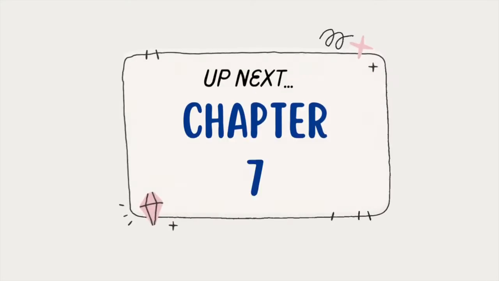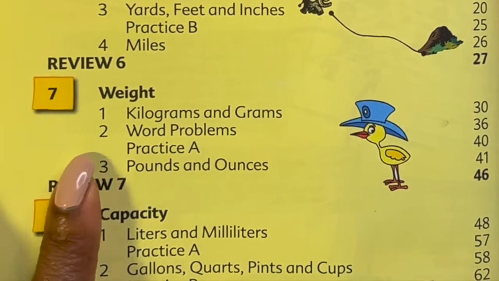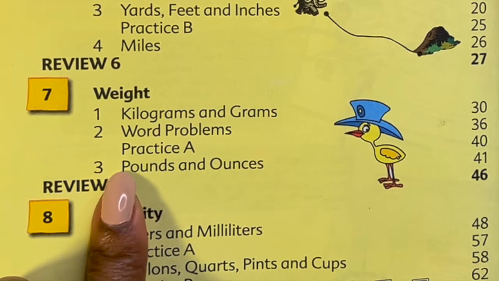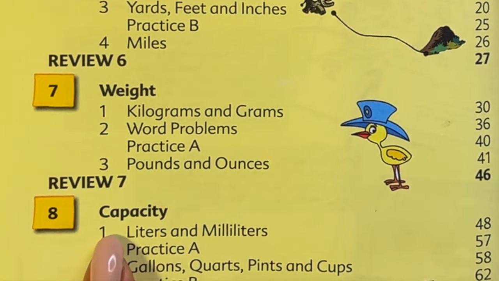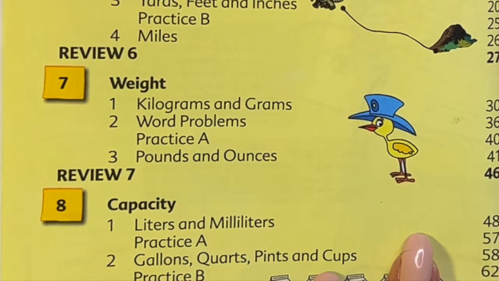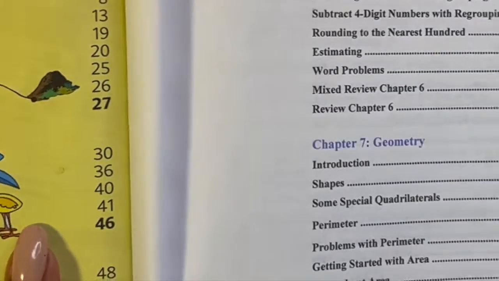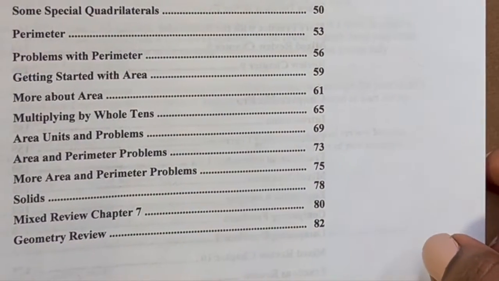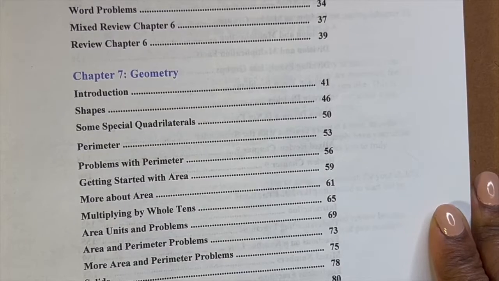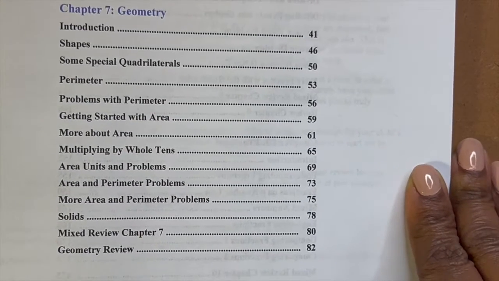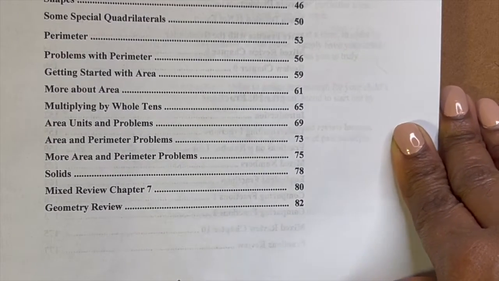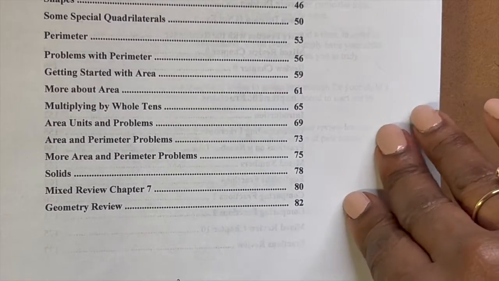All right. Chapter 7 is weight. Okay, kilograms, grams, word problems, pounds, and ounces. Okay, that is chapter 7, which is weight. Math Mammoth, chapter 7 is geometry. Introduction, shapes, quadrilaterals, perimeters, area, multiplication by whole tens, area units, more area and perimeter, problems, solids, spiral review,